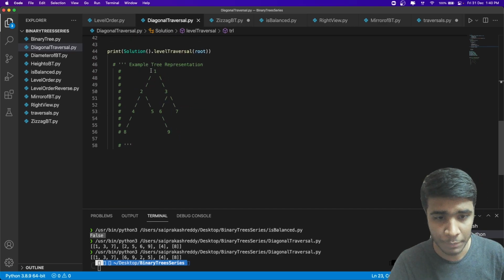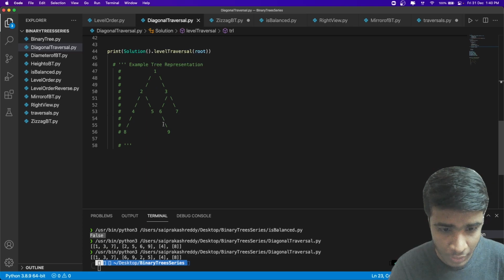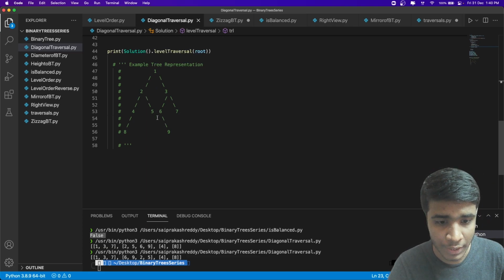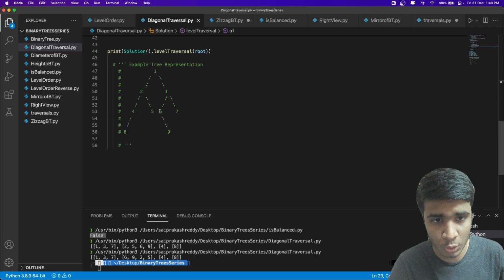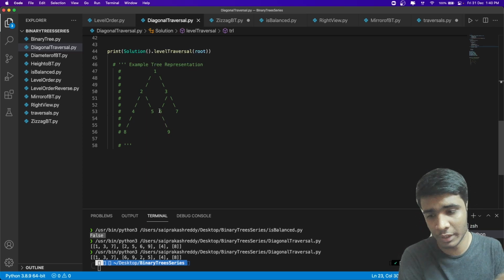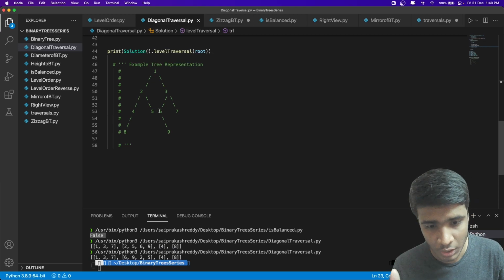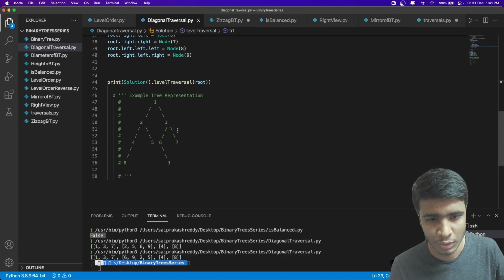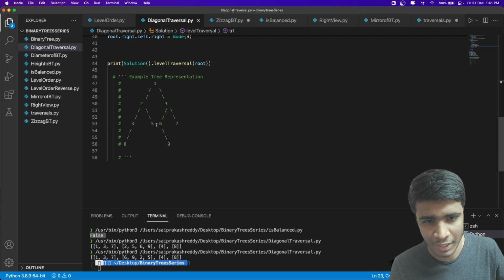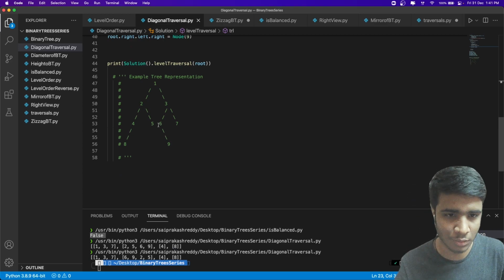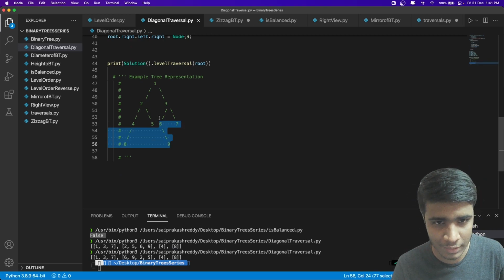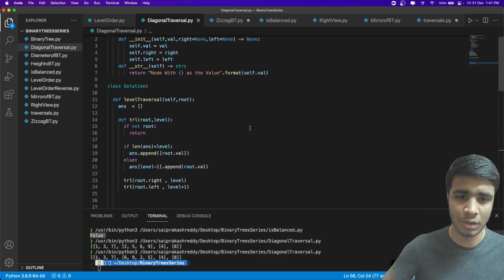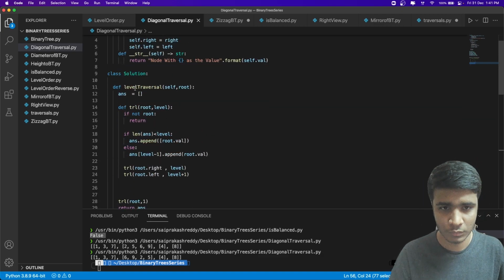So previously, what we did was 1, 3, 7 and 2, 5, 6, 9. So it would first look into these elements. Now it will look from left to right. So instead of traversing from right to left, it is going to traverse from left to right. But not exactly. Ideally you would expect 9, 6, 5, 2, but that's not the case. We traverse this node and then this node.